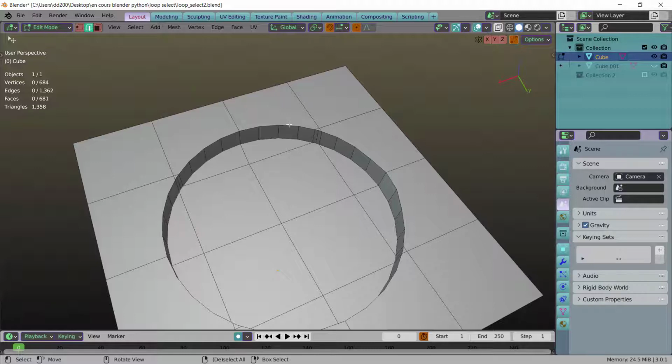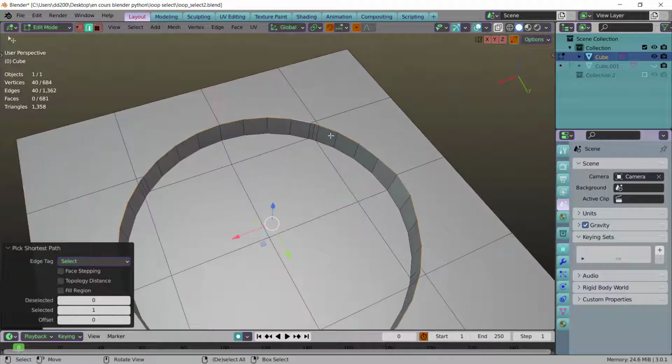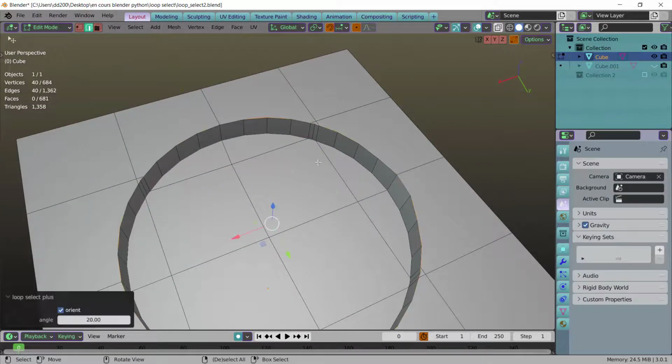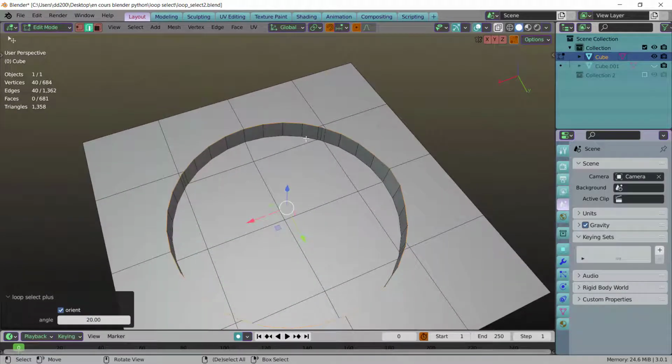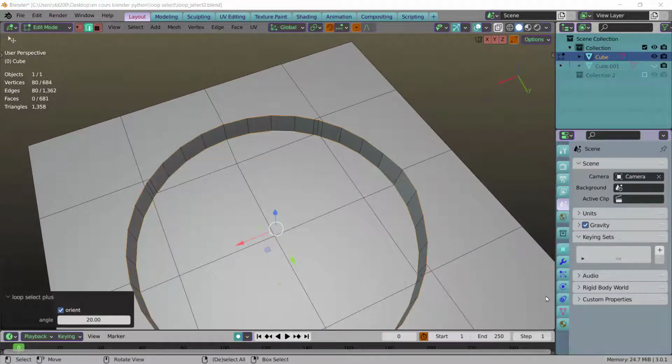So we can select a whole loop where we can't in Blender doing Alt left click, because we have an Ngon there. You do have to Shift Alt left click to continue, Control left click, and do the whole loop like this. This is quite long, but if you do double left click, this is selecting the whole loop. So you can extend the selection with a Shift double left click like this. So very useful.